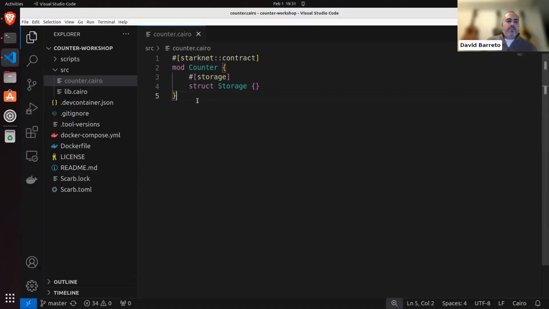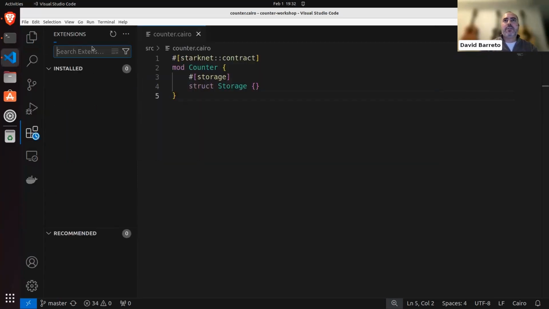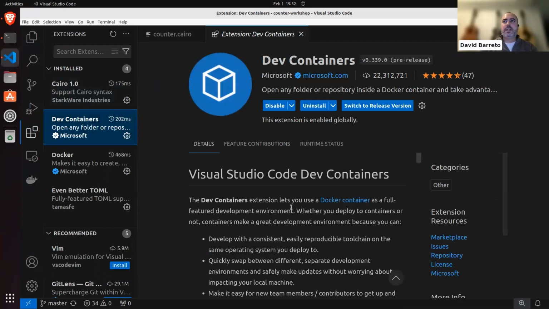I'm gonna move now to my Mac. So I'm gonna stop the virtual machine because now I want to show you actually the Docker part. And I don't think I have Docker here. Okay, rebuild and reopening container. So with this command, what's gonna happen is that first of all, you will need to have an extension called dev container, this one, in your VS Code. So if you have it, you can actually